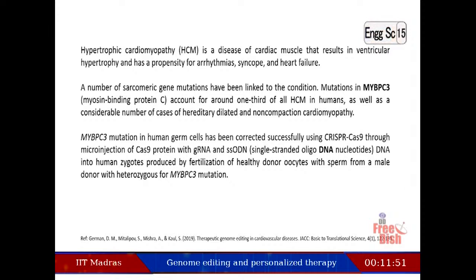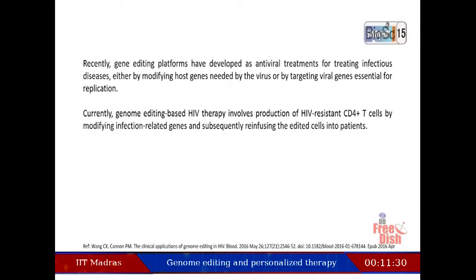MYBPC3 mutation in human germ cells has been corrected successfully using CRISPR-Cas9 through microinjection of Cas9 protein with gRNA and ssODN DNA into human zygotes produced by fertilization of healthy donor oocytes with sperm from a male donor with heterozygous MYBPC3 mutation. Recently, gene editing platforms have been developed as antiviral treatments for treating infectious diseases, either by modifying host genes needed by the virus